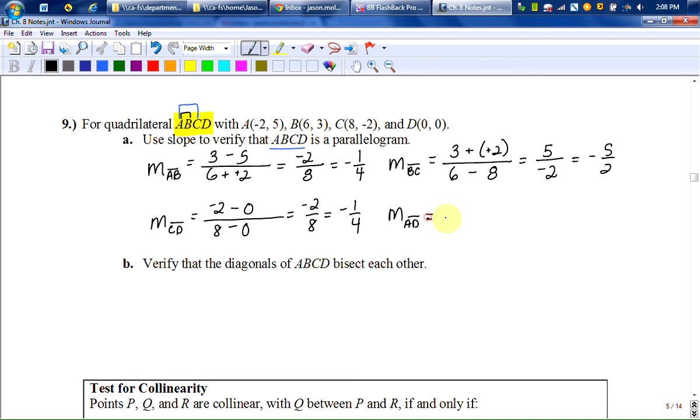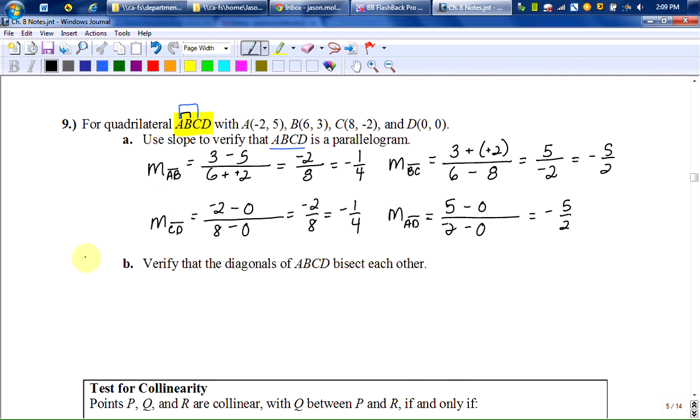And the last one, and don't you love it when one of the points is at the origin? It makes at least half of these slope number crunching